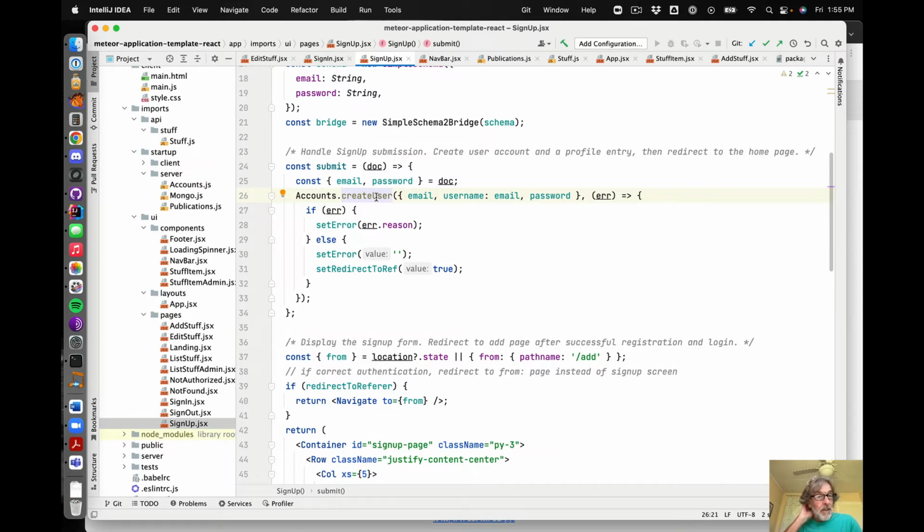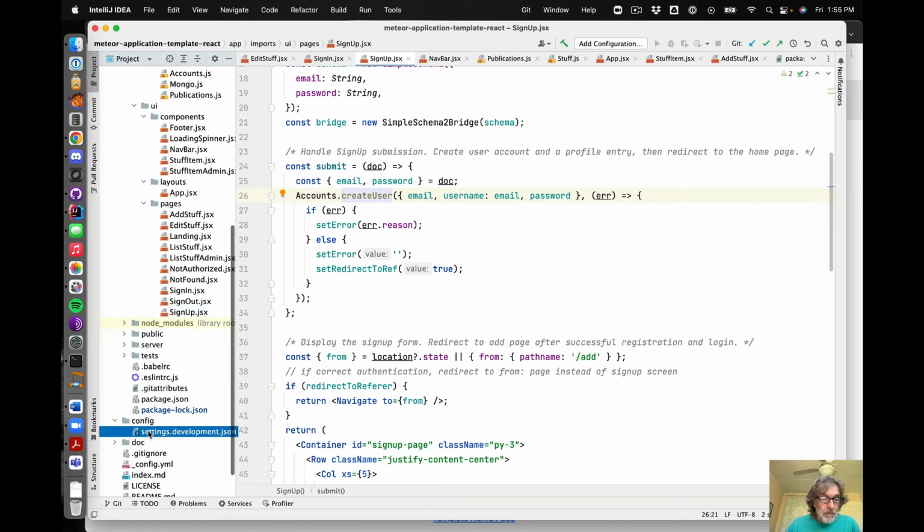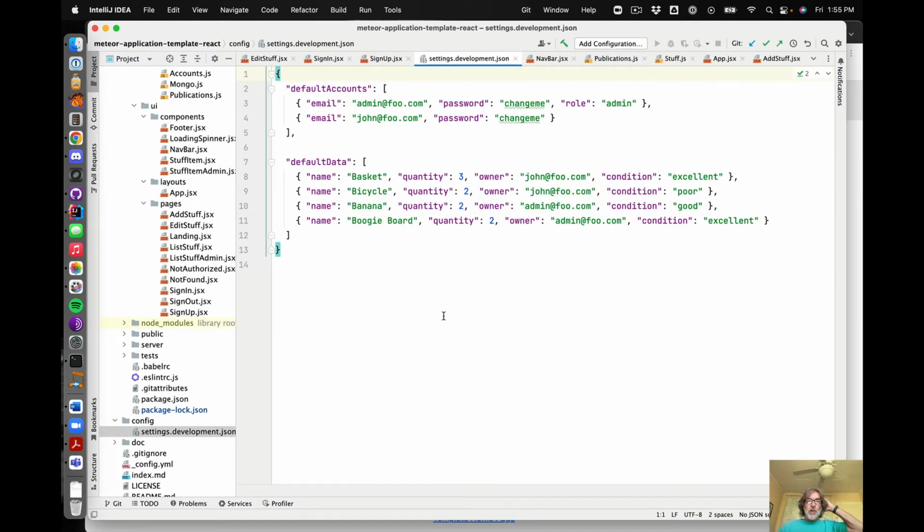You can use any other kind of authentication package that you want. But for prototyping, it's super nice. In particular, because if we go to the config package, and we did this in the second video, I showed how we can define some default accounts and some default data based upon those accounts, and kind of build a system with some users and some accounts and some data. When you bring up the system automatically, and for prototyping purposes, that increases the velocity of development so much,